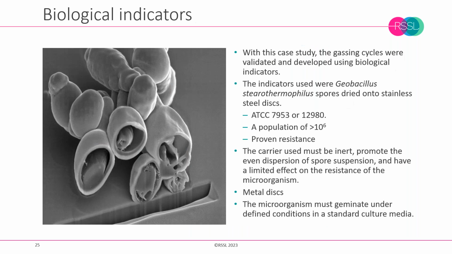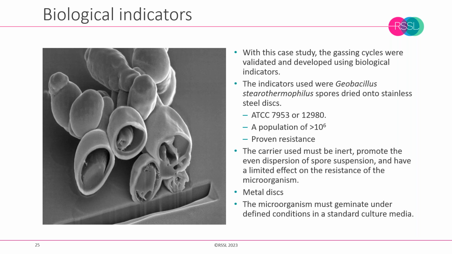So the decontamination cycle needs to be validated or qualified, and this would be once we've worked out all the variables, a combination of chemical and biological indicators. And generally we'd use more chemical indicators than we would use biological indicators, because chemical indicators would allow that kind of mapping process. But we need to make sure that we're using a sufficient number of biological indicators in key